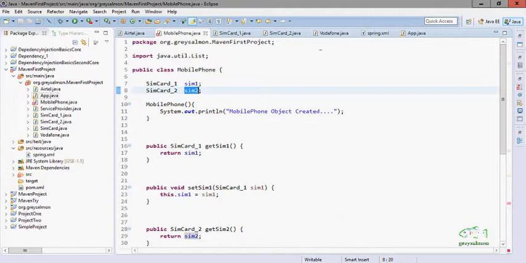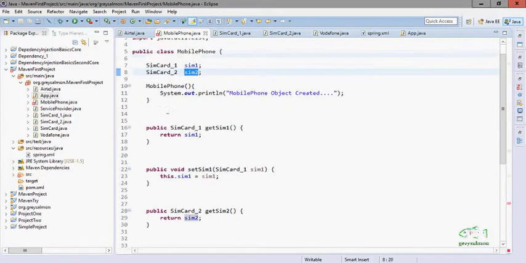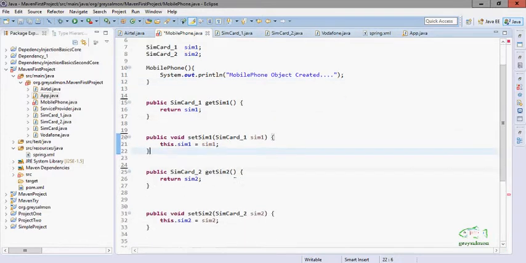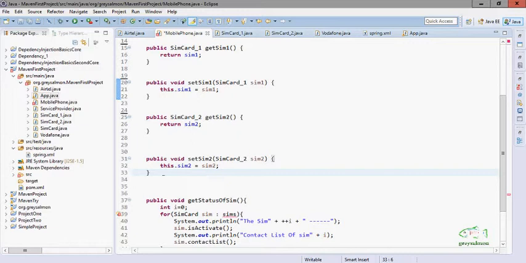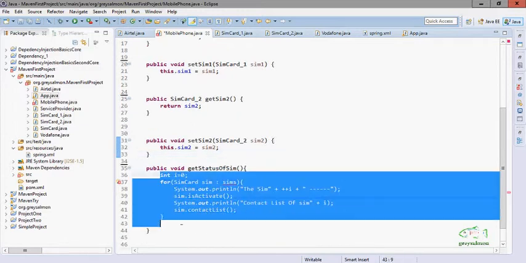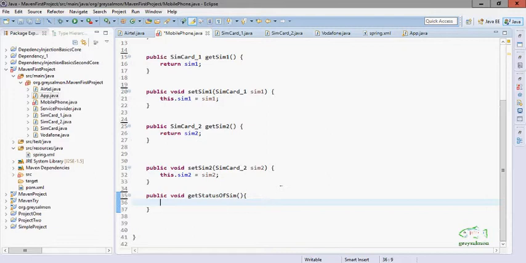Now in the class MobilePhone, we will alter the method getStatusOfSim. Now we'll remove all this.